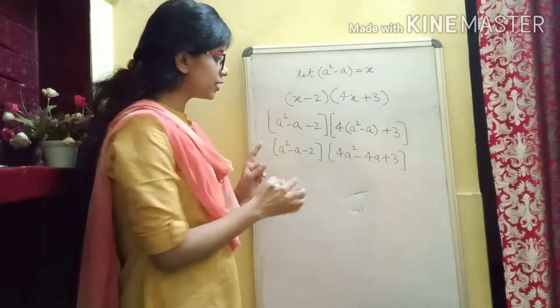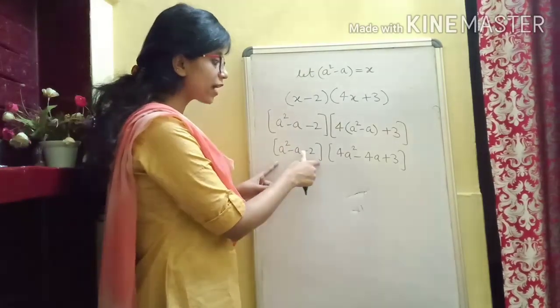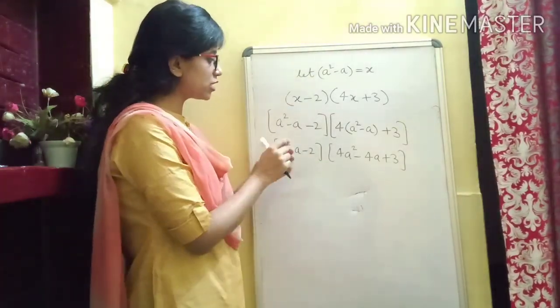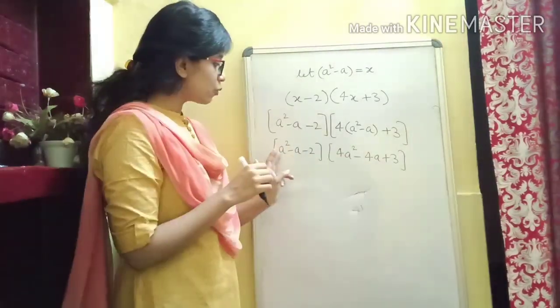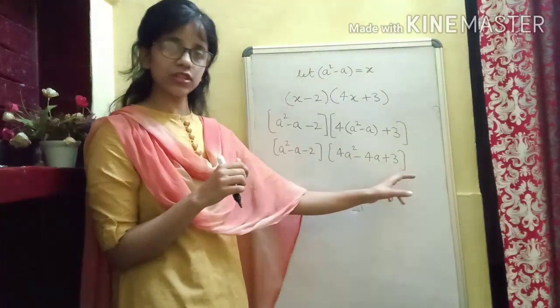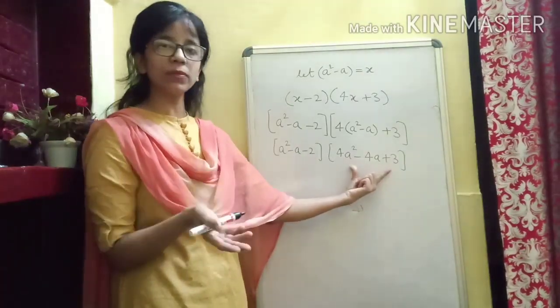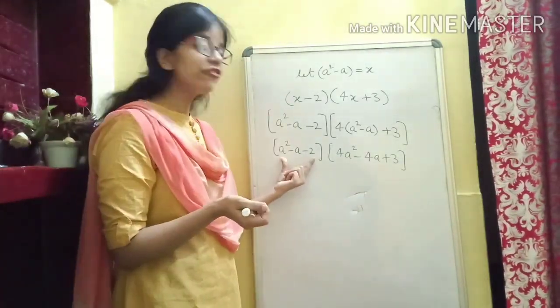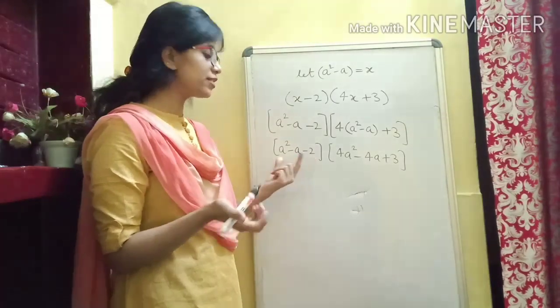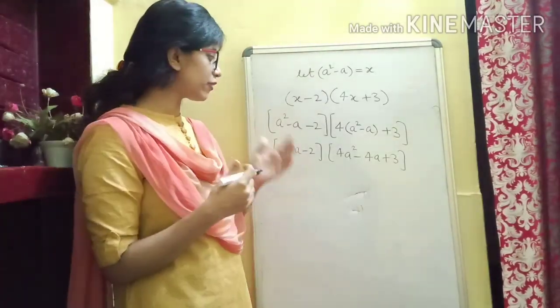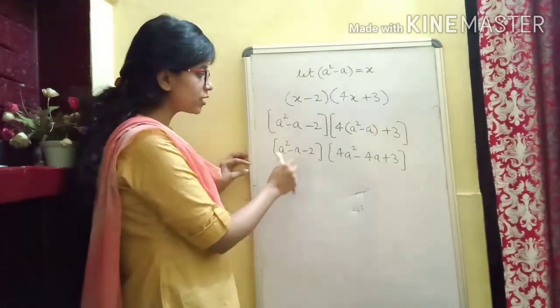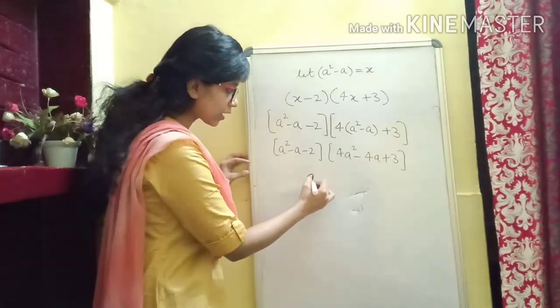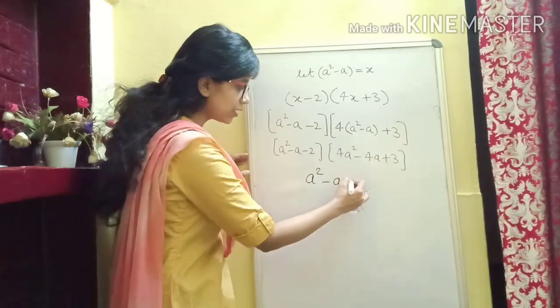Now if you further see, this first bracket can further be factorized. In your first bracket and your second bracket, you are again getting trinomials. 1, 2, 3 terms, here again 1, 2, 3 terms. But the second bracket cannot be factorized further. But the first bracket can be factorized, and we have to factorize because we have to simplify till the end. Now I am going to take this first bracket and show it to you separately.